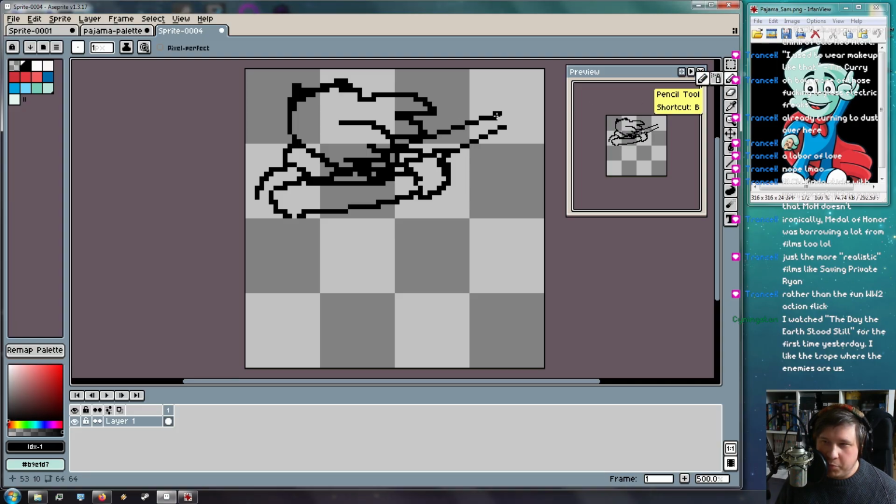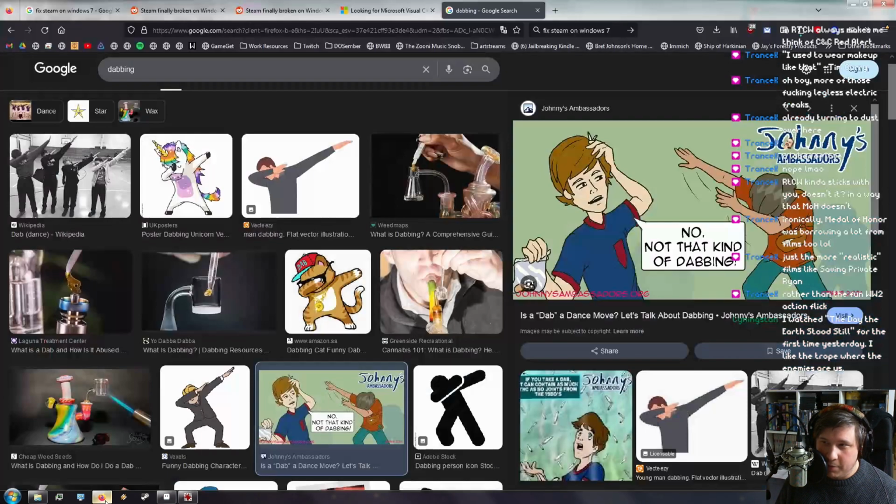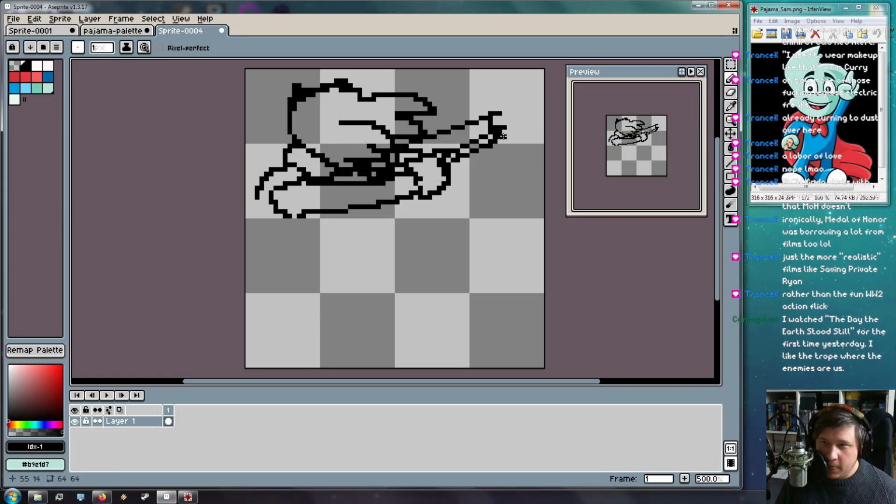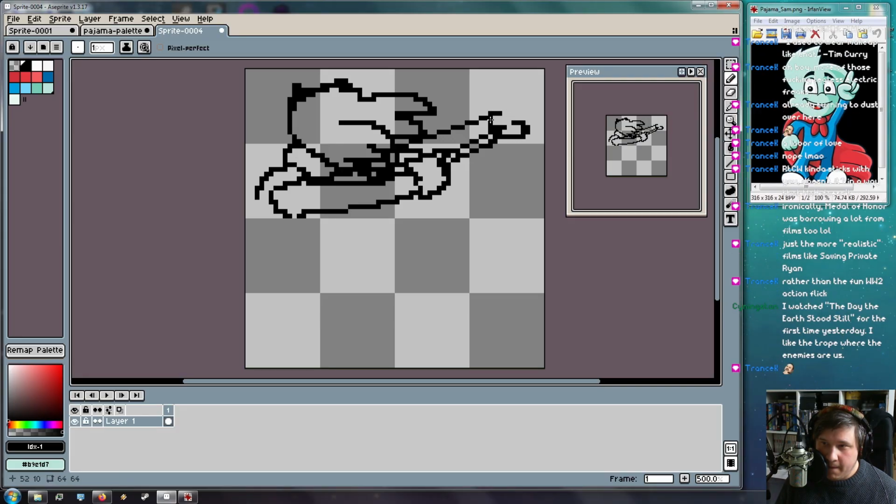And I need to work really hard to make sure it doesn't look like what you think it's going to look like. Yeah, that thumb action is really important, isn't it? This is really hard with pixel art. Yep, no, that's way too